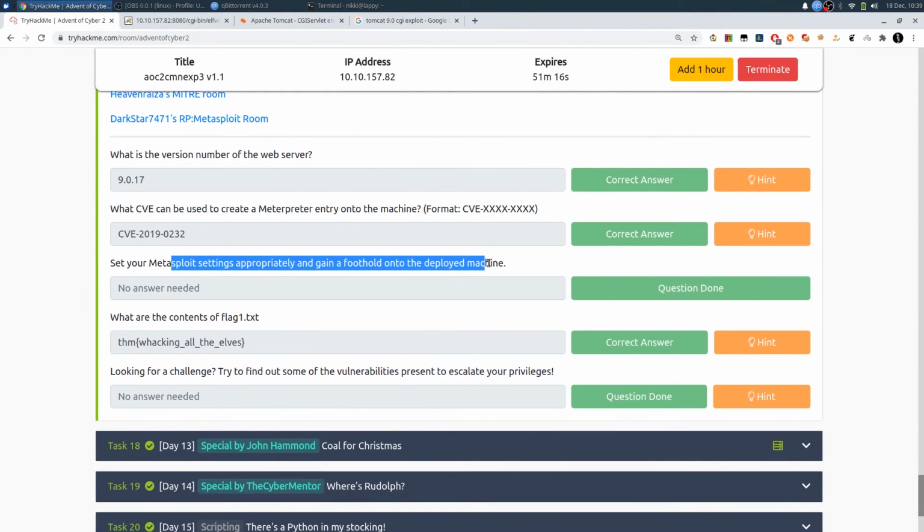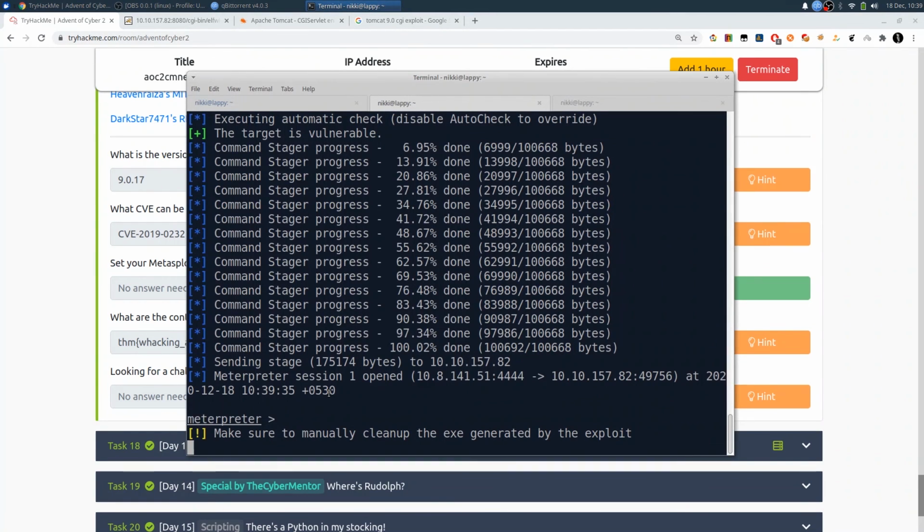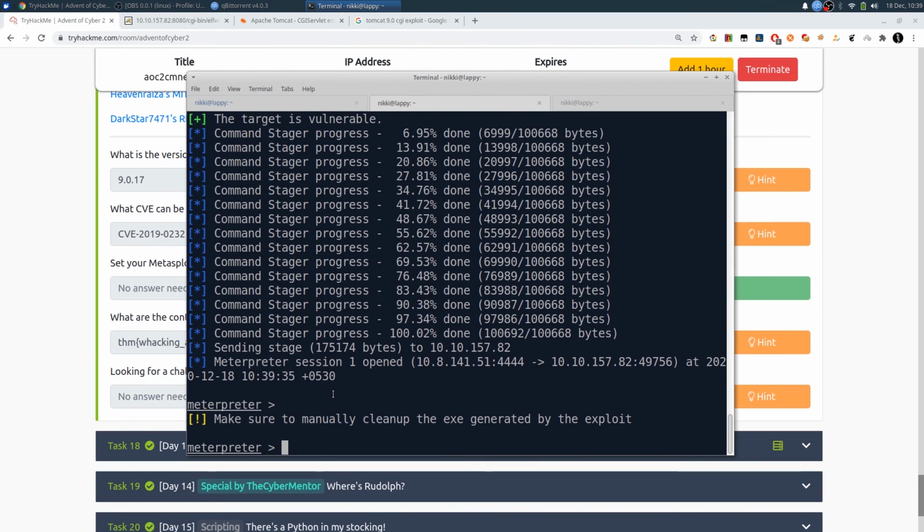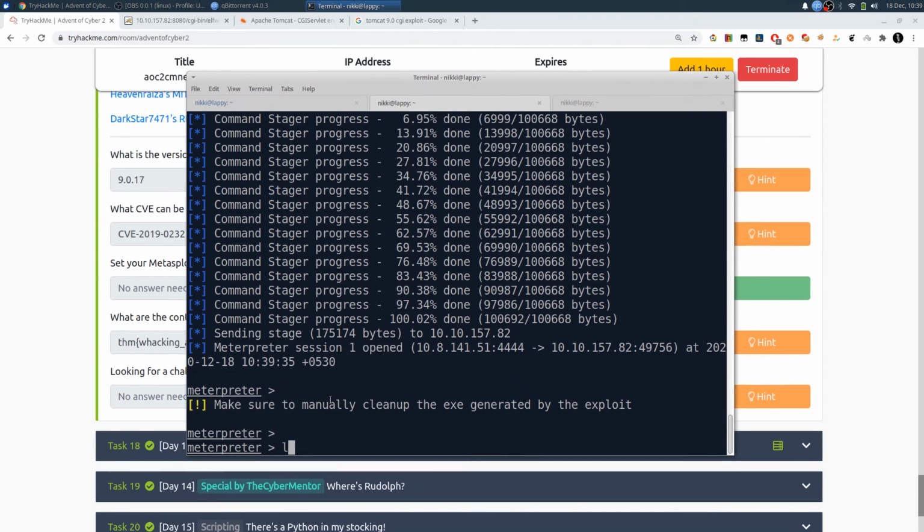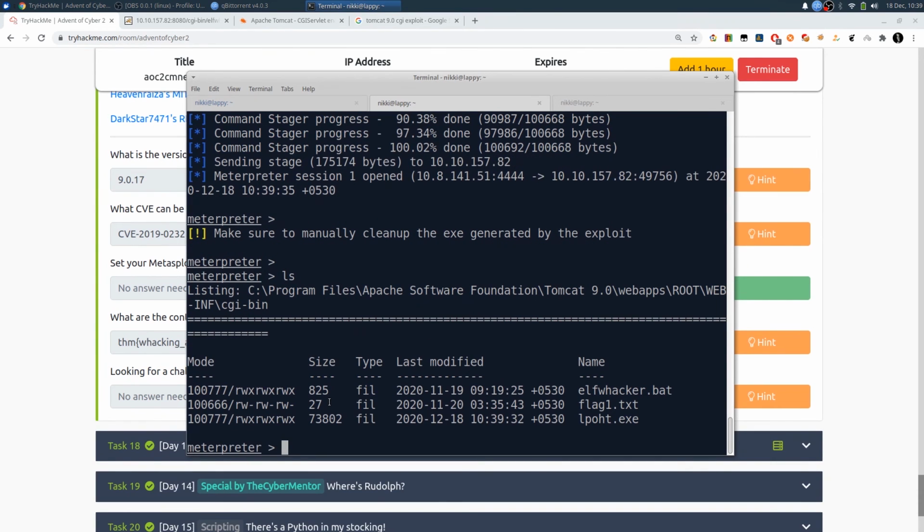Okay, we have set the Metasploit settings, and we need to retrieve the contents of flag1.txt. Now let's say ls. So that is flag1.txt. Let's say cat.